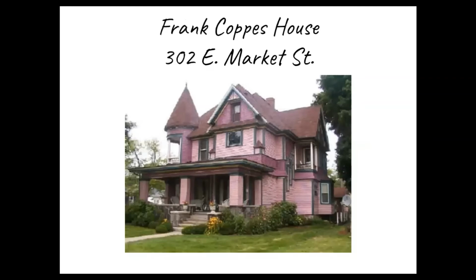So in the Frank Coppice home, or the Victorian guest house, one of my favorite things in there is the original table that the Coppices had, which has a buzzer on the table. So the mistress of the house would sit where the buzzer would be, so that when they're finished with dinner or wanted dinner to be served, she would hit the buzzer and they would come and